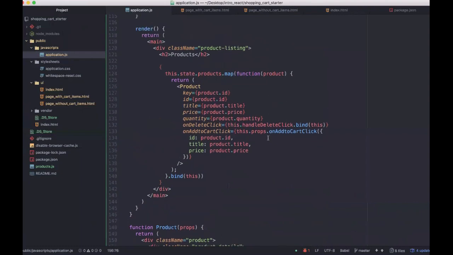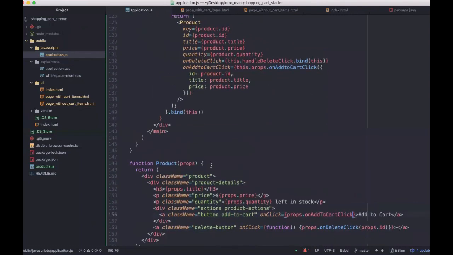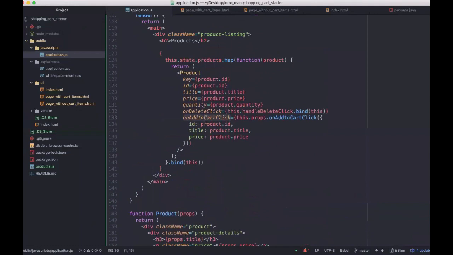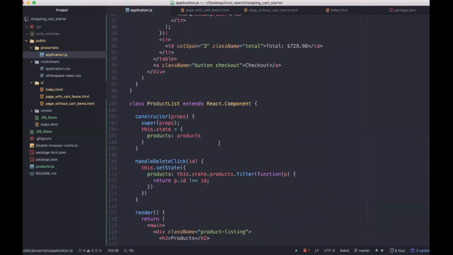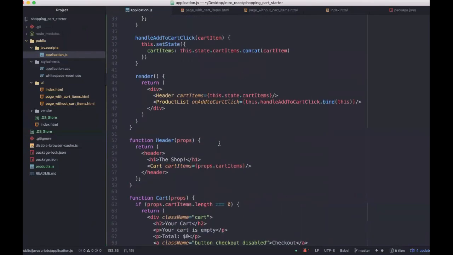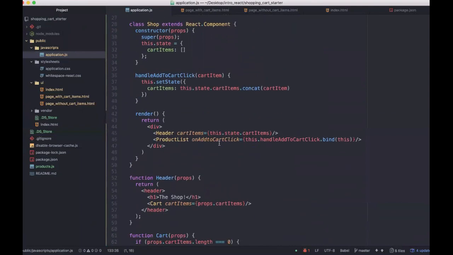Okay, and this method is what's onAddToCartClick, and it calls the onAddToCartClick that is passed in from the shop component. On add to cart click, this.handleAddToCartClick that binds. Okay,